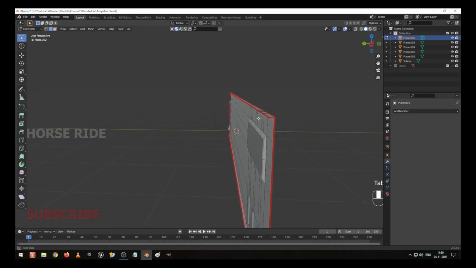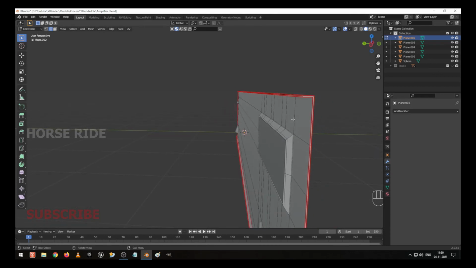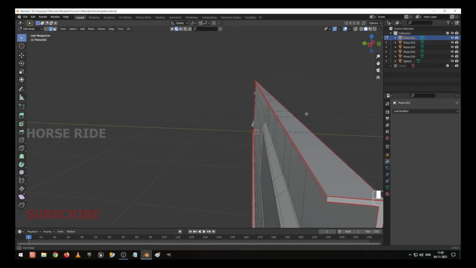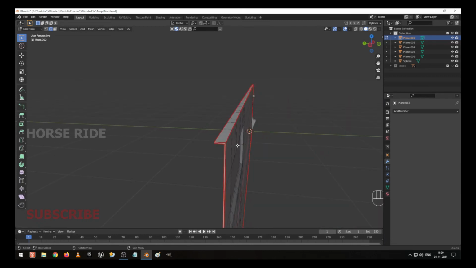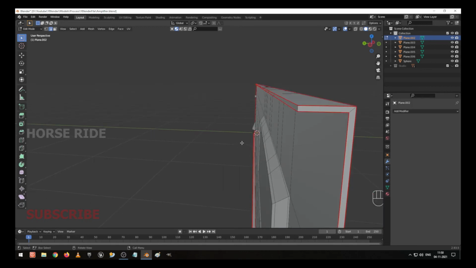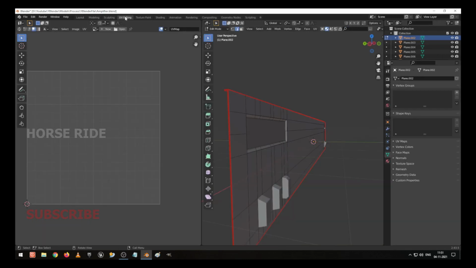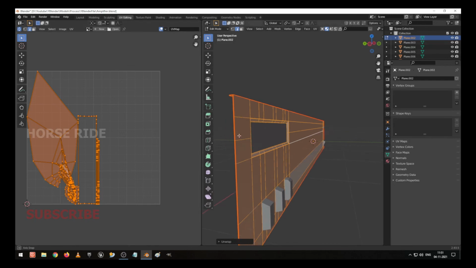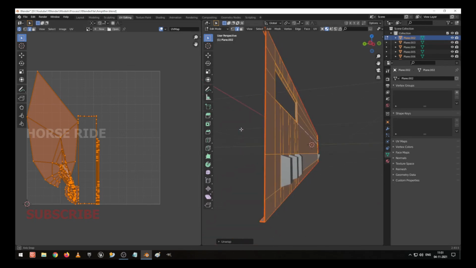I go to edit mode. Now you can see everything has been unwrapped perfectly. Okay, this line will come separate and this line will come separate. Okay, fine. Now we can go to the UV editing and I turn on this tool. I select everything, U to unwrap, because we have marked the seam, but somewhere it's missed, having some issues.